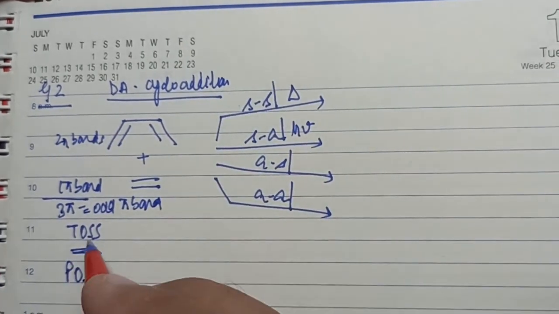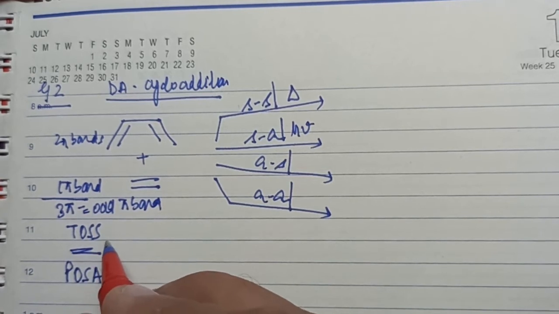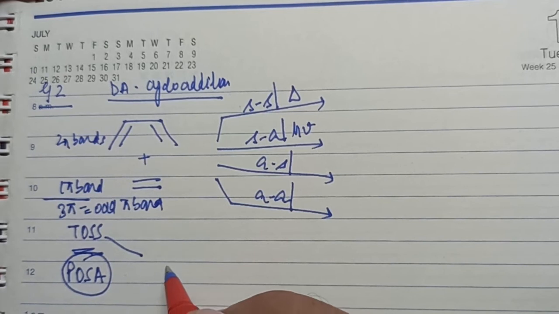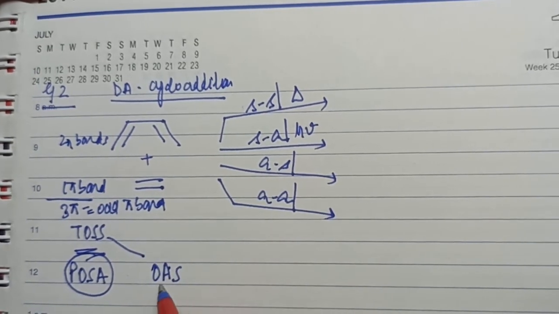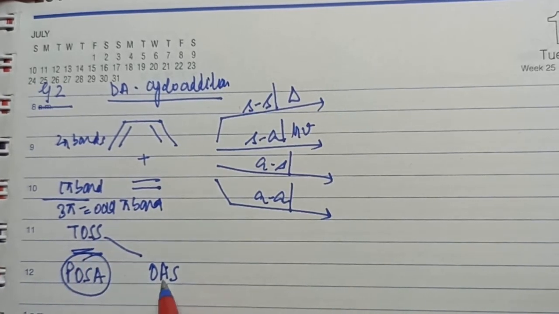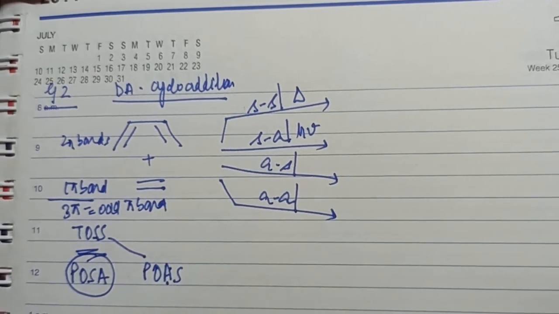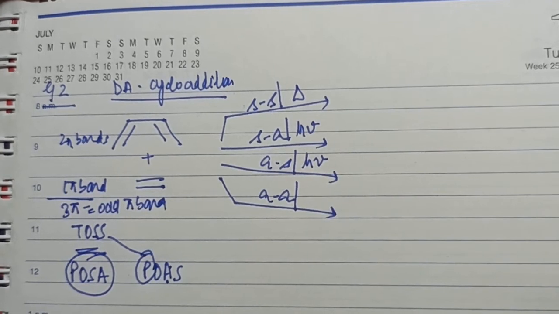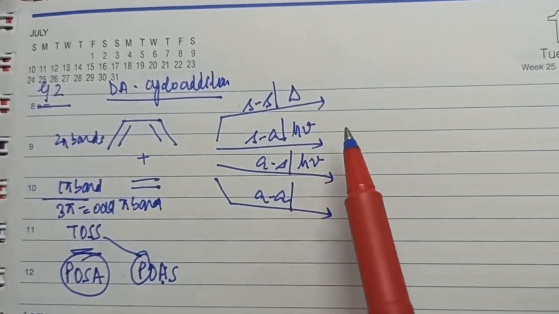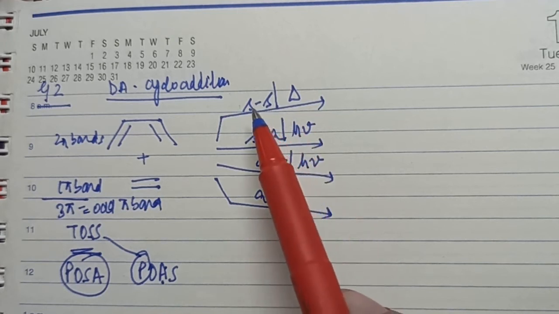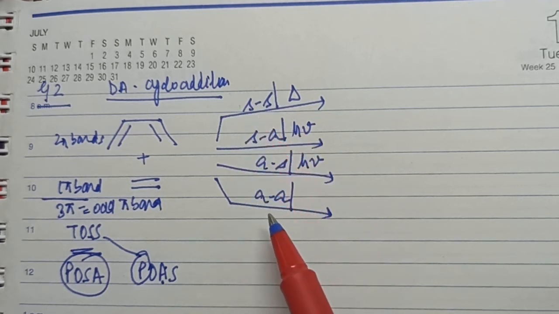And antara-supra. Again, from this formula you can create the second formula. See how? From supra to antara, last is supra, this is antara, this remains odd only. So from this formula to this formula, I've just changed one. I've changed this supra to antara. I need to change another one. Therefore, T will become P. That means again under antara-supra conditions, this is photochemically allowed. And we know from our experience that whatever is the result for supra-antara, the same result is for antara-supra. And also whatever is the result for supra-supra, the same result is for antara-antara.